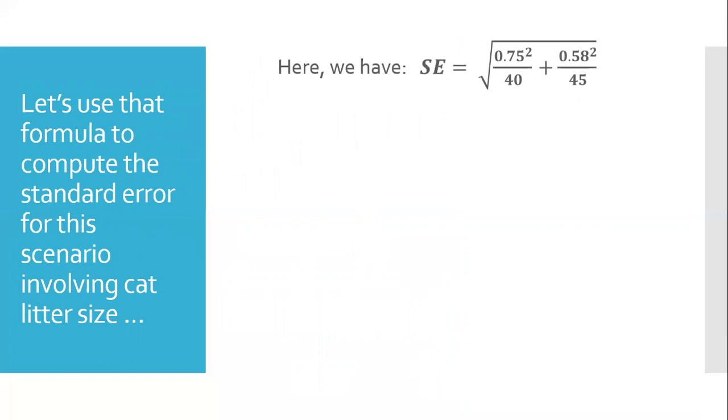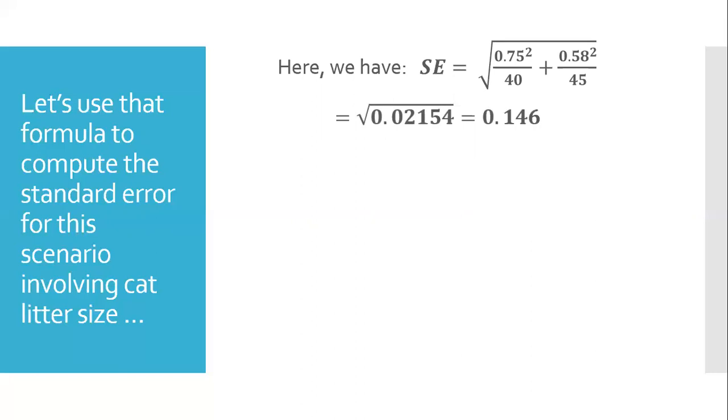In this case, recall that there was a sample standard deviation of 0.75 kittens from the first sample and a sample size of 40 births and litters. And in the second sample, we had 0.58 kittens as the sample standard deviation with 45 litters. So by substituting in those values of s1 and n1 and s2 and n2, we find